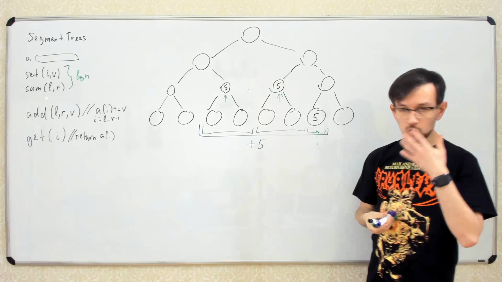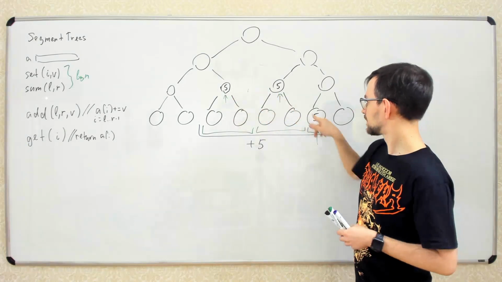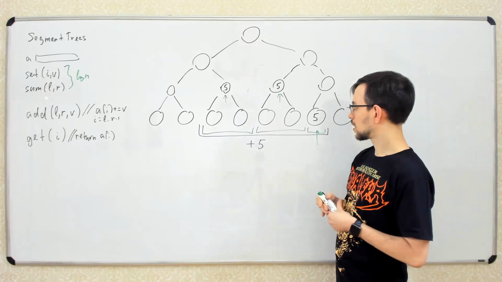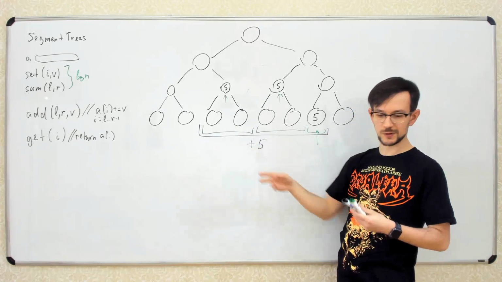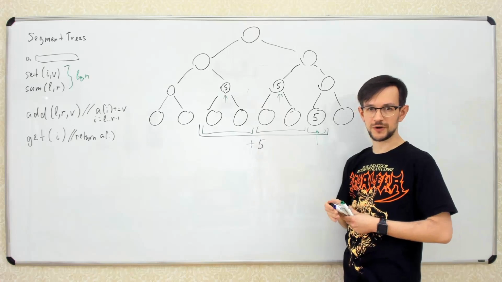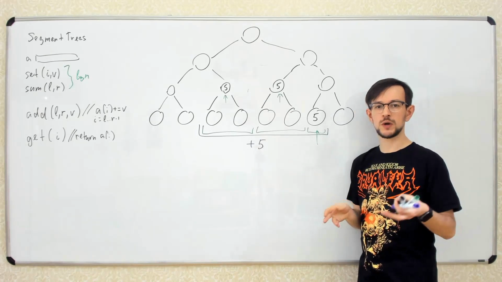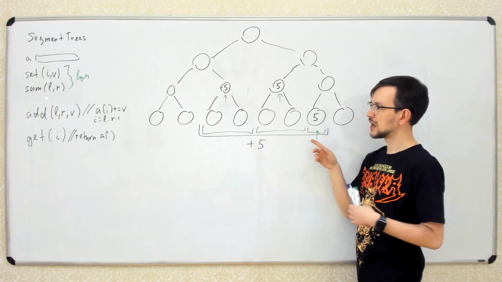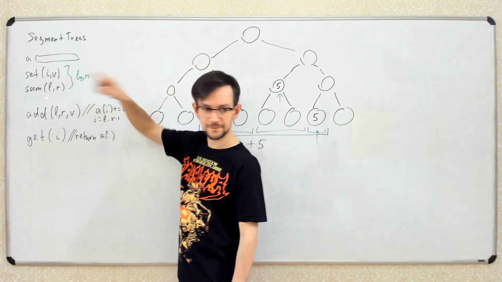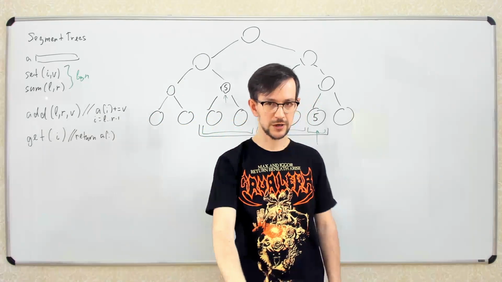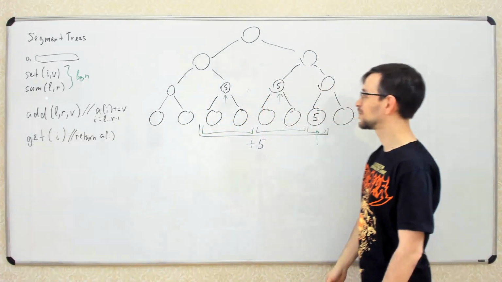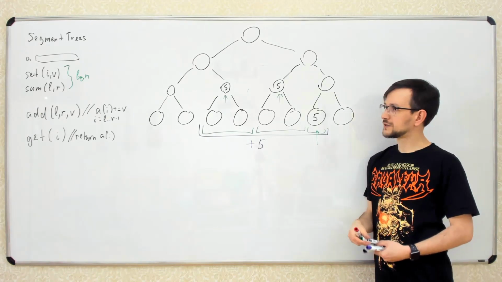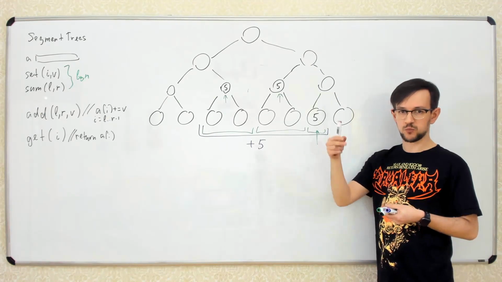Okay, so how to find these nodes? How to find all the nodes which combine in your given segment? Well, exactly like we did in the previous lecture. In the previous lecture, we needed to split the segment into some parts to calculate this sum. If you were in the previous lecture, I hope you remember what's going on. Now we need to do the same thing, but instead of calculating the sum,